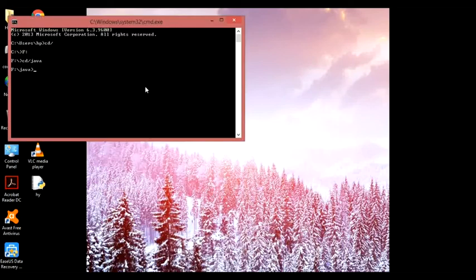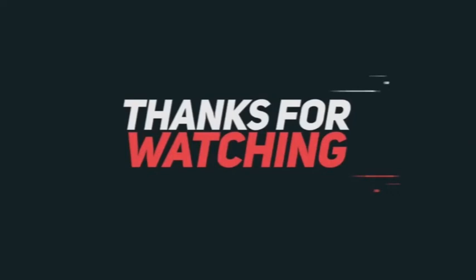So I am back, and I have executed and compiled the code. If there are no errors, the output will come with java and then the class name. You can see this is the desired output whenever I execute this code and use the data types. So this is the purpose of using data types in Java. I think you must be clear about how we define variables in Java, what the different kinds of data types available in Java are, and how we can write a simple code in Java.